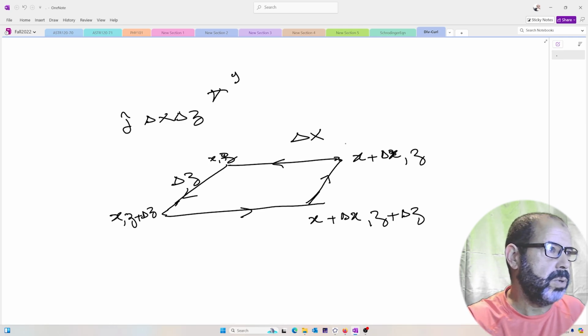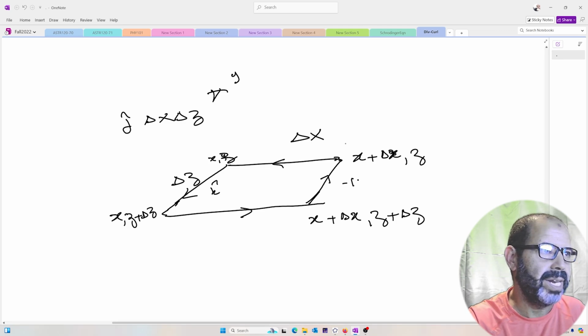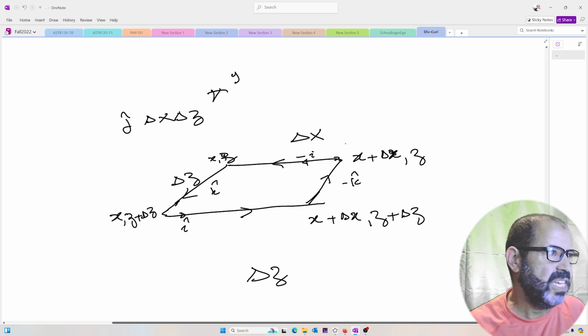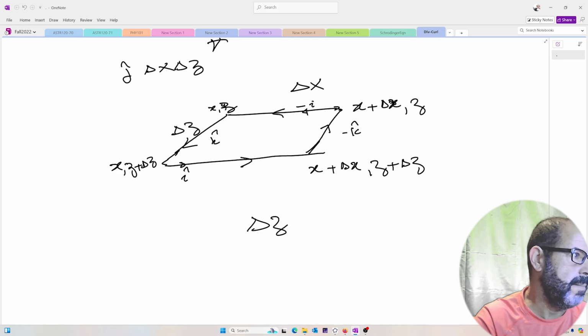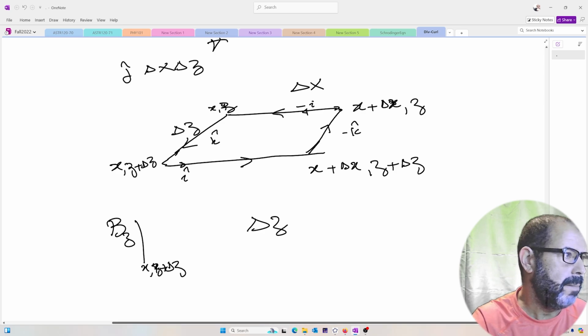Again, at this point in here, z shifts by an amount of delta z. And the value of the function in here is in the k hat direction. And here, we're going to go in the negative k hat direction. And here, we're in the positive i hat direction. And in here, we're in the negative i hat direction. So the length of the path in here is delta z. And this should be multiplied by the difference between the two quantities, namely bz evaluated at x, y, z plus delta z, minus,